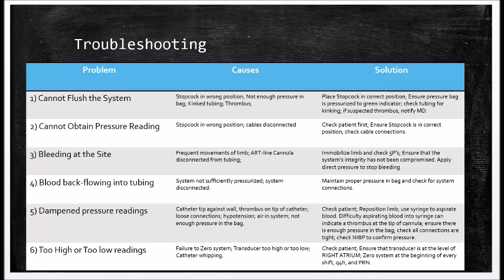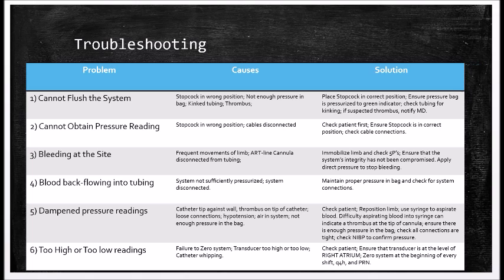And your solution will be to counter all of those things, right? Check the patient, you're going to reposition the limb. You can use a syringe to try to aspirate any blood. So if you don't get any blood from the art line by aspirating, then it could mean that there is a thrombus on the tip that is blocking the blood flow into the art line. And it's always good to check your cuff pressure to ensure that